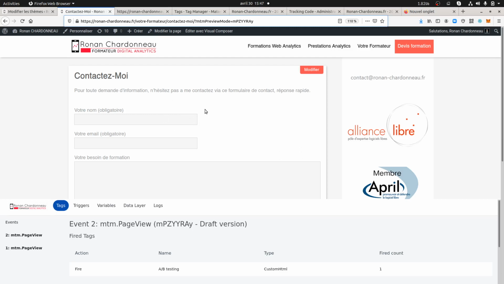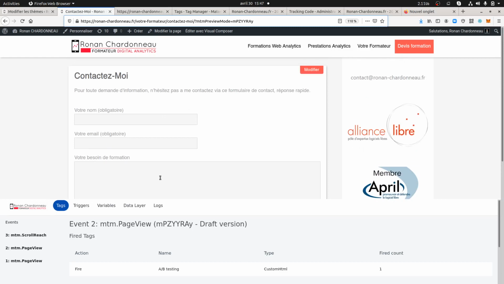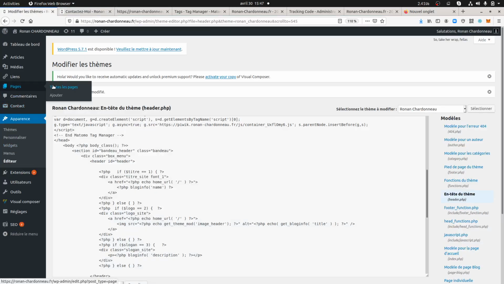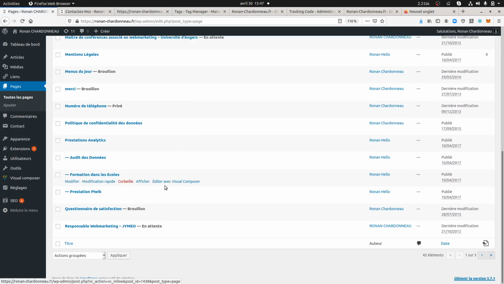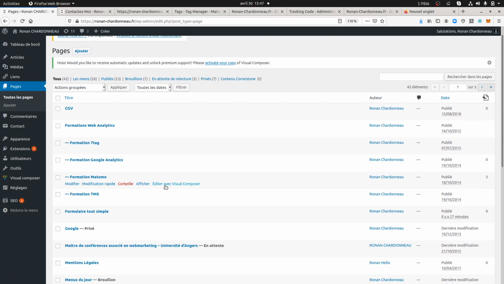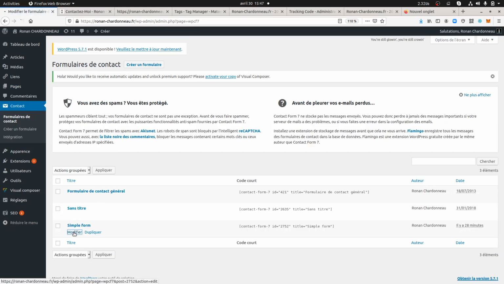For the sake of this example, this is one of the forms that I have on my website. As you can see, it's a form which is composed of 1, 2, 3 fields. What I decided to test is maybe people will be more interested in having a form which is even lighter than this one. So I went within WordPress, that's, I guess, something all of you know. I created a form called simple form, really simple form. I created a basic form, just copying and pasting the stuff that I did over here, and that's the simple form that I created.